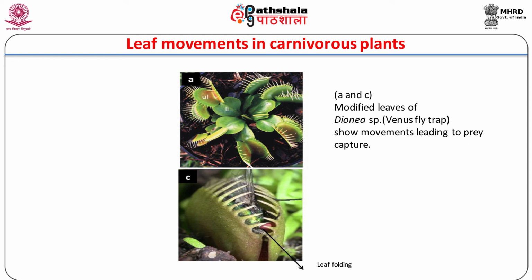This maintains the leaves in a curved form, that is open trap. On stimulation, this turgor difference is lost due to water movement between cells, which restores the cells to an equilibrium state and causes the trap to close. Besides mechanical stimulation, the traps are also seen to close in response to electric stimulation.